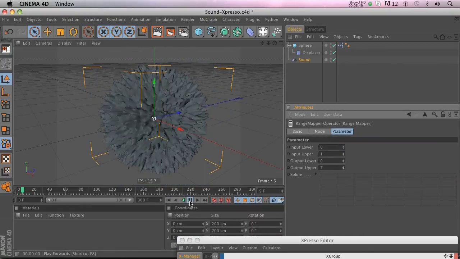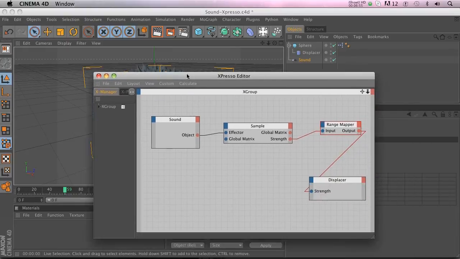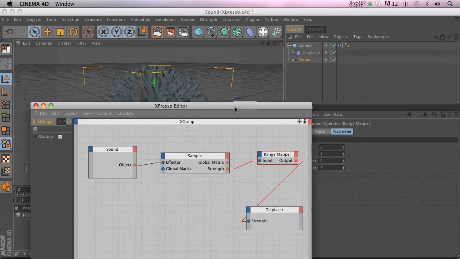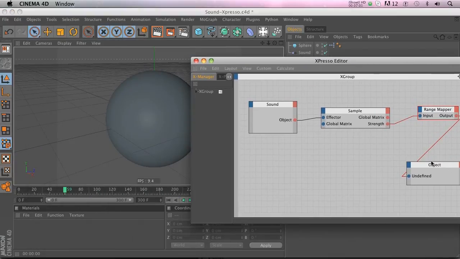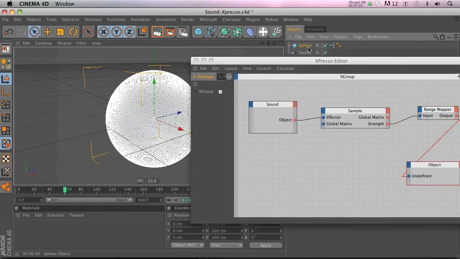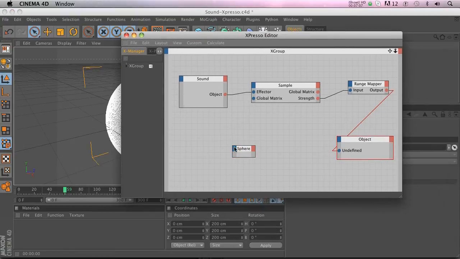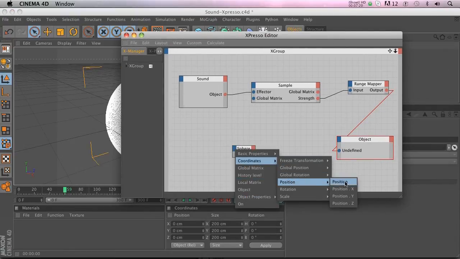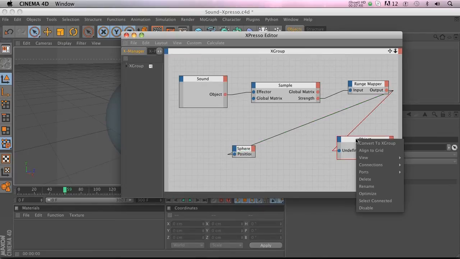So anyway, the point is just showing you that you can use Xpresso to link something up with the sound effector to really any parameter. So for instance, if we didn't want to do it with our displacer, but we wanted to do it with our sphere position or something, we could literally just drag in our sphere, click on the blue button, coordinates, position. And then we can take this output and go to the position here,